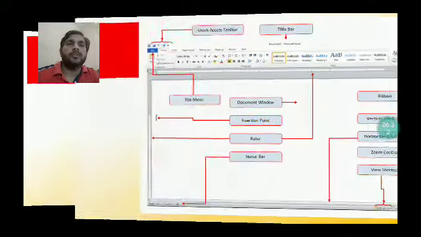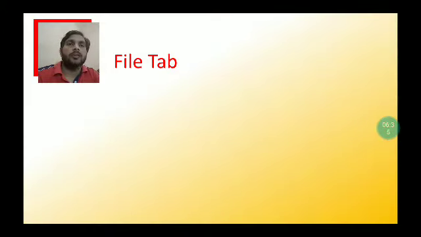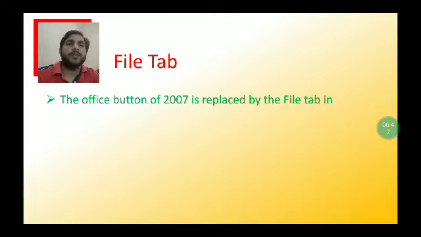So first is File tab. So what is File tab? So the Office button of 2007 is replaced by the File tab in Word 2010. Means in 2007 there was a Office button present, but in 2010 there is no Office button.